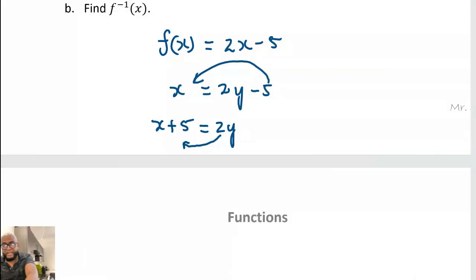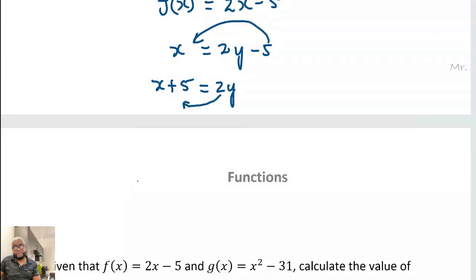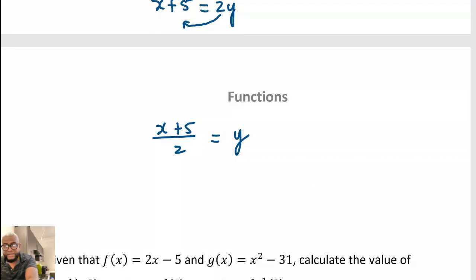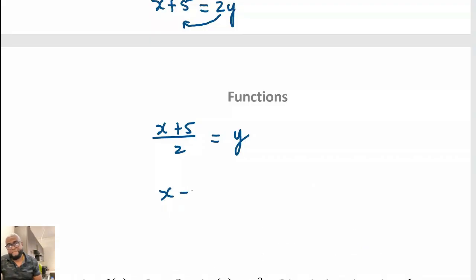Divide 2 by everything that is on that side. So it would be x plus 5 divided by 2 is equal to, last step, my children. What's the last step? X plus 5 over 2 is equal to,